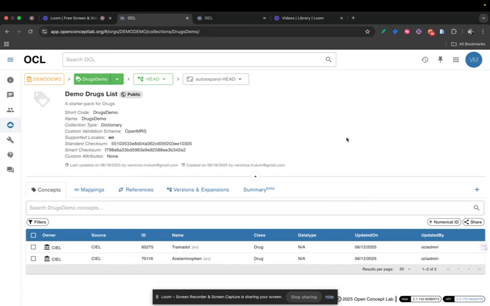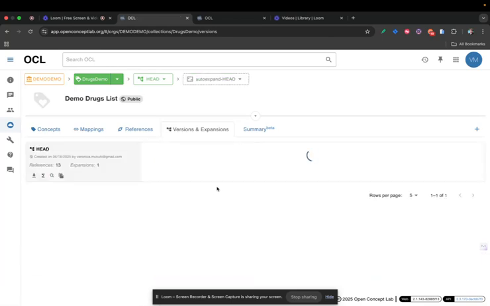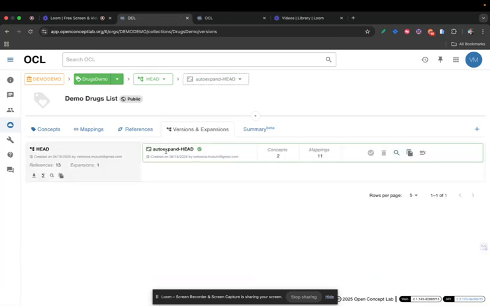So now what we want to do is to see how to create the version. Very important, just click on versions and expansions. And you can see that on our head, in your workspace, the head version contains the two concepts that we just talked about, and then we also have 11 mappings. So what we want to do is to create our very first